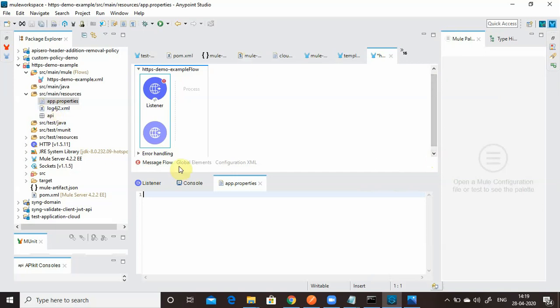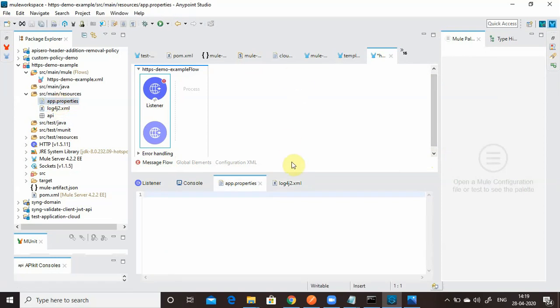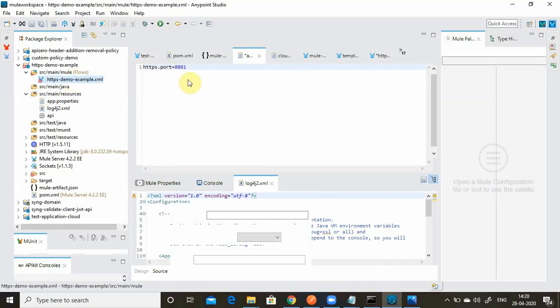So in the properties file I will say https.port equals 8082, because I am going to deploy this application into CloudHub.